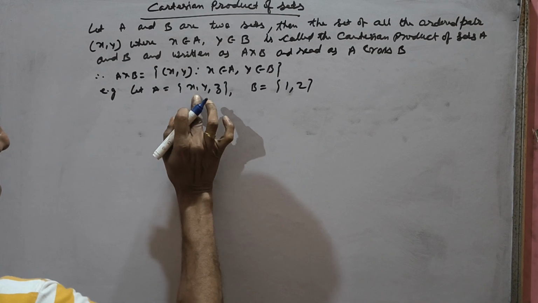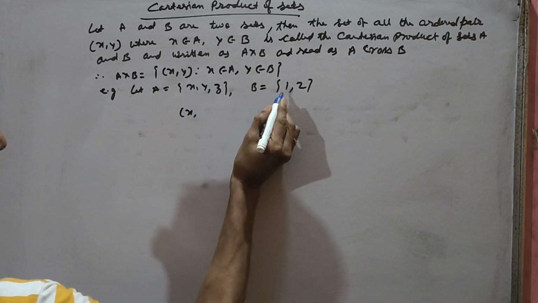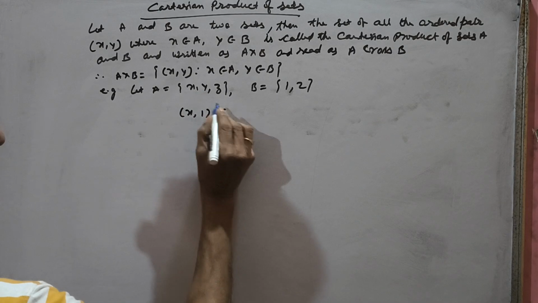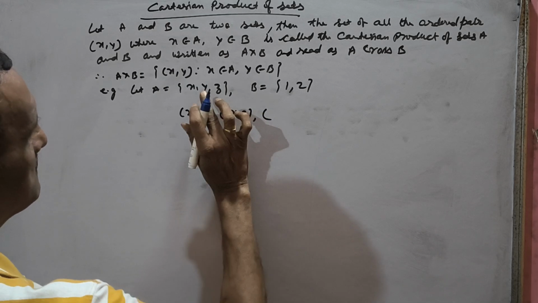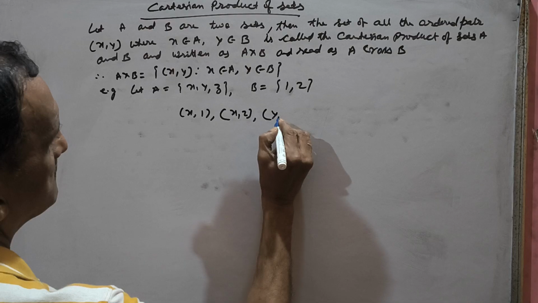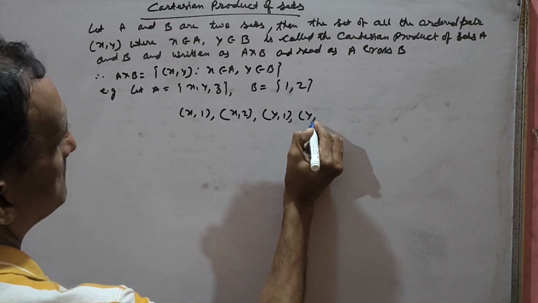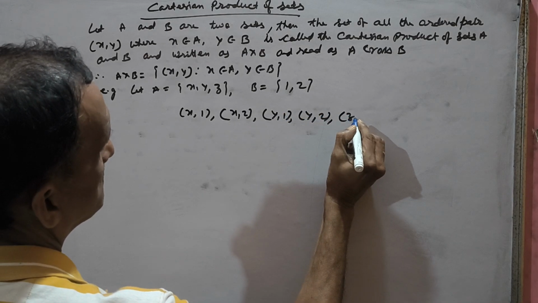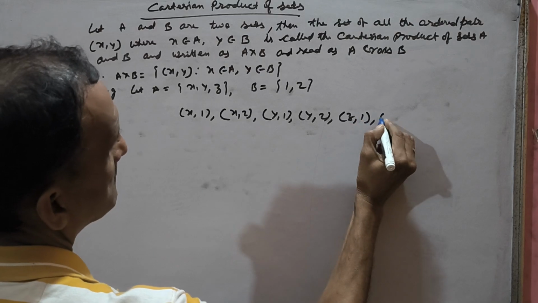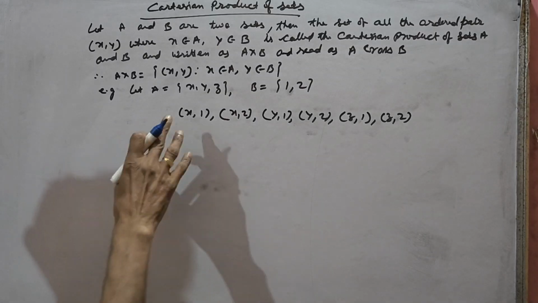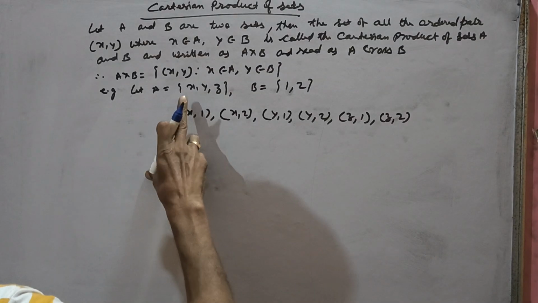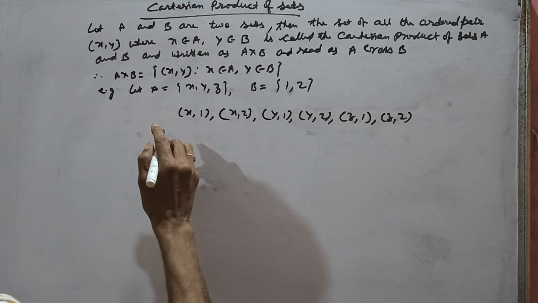First component should always be the element of the first set: x1, x2, then y1, y2, then z1, z2. All the ordered pairs whose first component is an element of the first set, second component is an element of the second set,